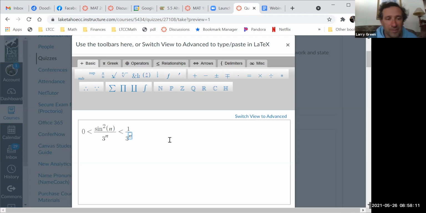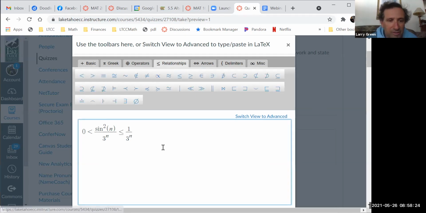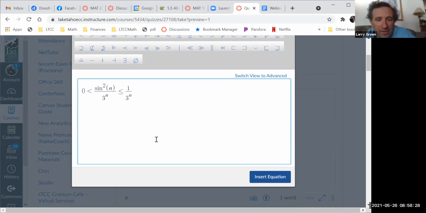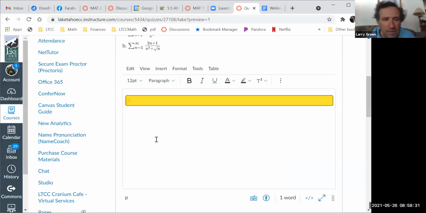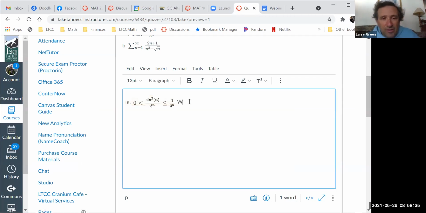And it's always positive because that's squared. So a number smaller than 1 is going to be less than, I guess I should say less than or equal to, but it doesn't matter because the test is going to allow for less than or equal to 1 over 3 to the n. Any questions on that piece? All right. We also know that the summation of 1 over 3 to the n